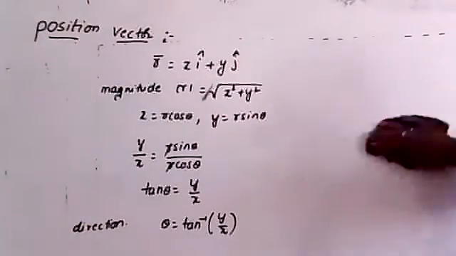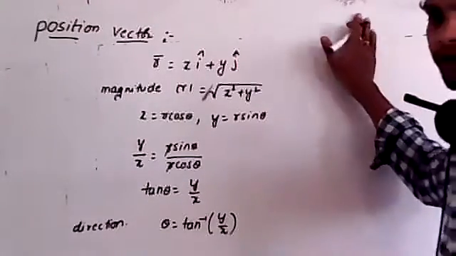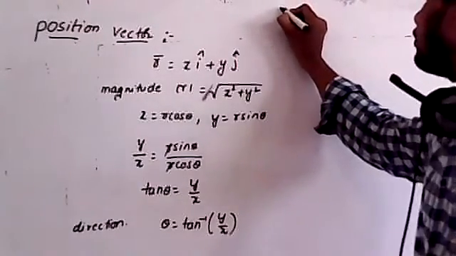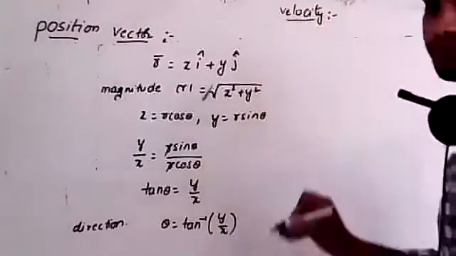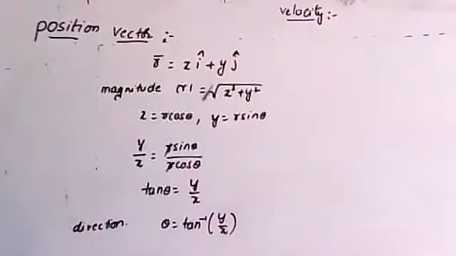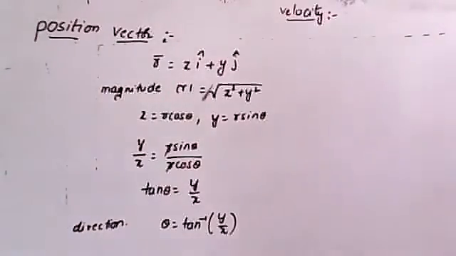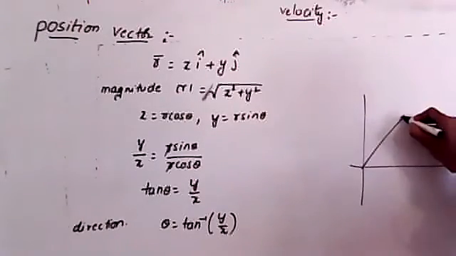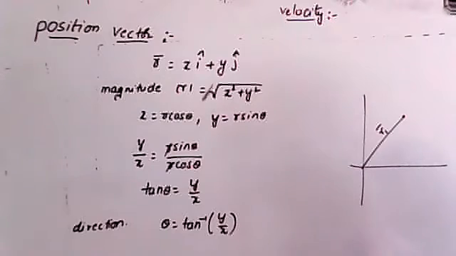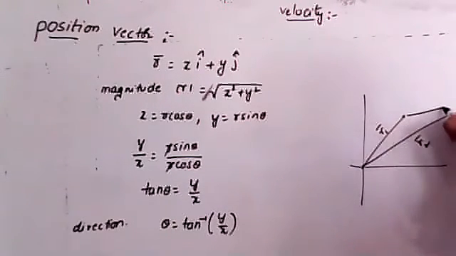Now, listen, I am going to find out the velocity. Tell me, what do you mean by velocity? Very good. In the previous concept we discussed, for example, if you take this as coordinate axis, this is taken as r1, where r1 bar is the position vector, and I will take another point, r2. So r2 is the position vector. Now the distance from here to here is taken as the displacement vector delta r bar.